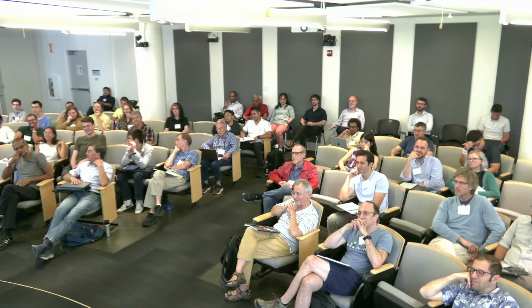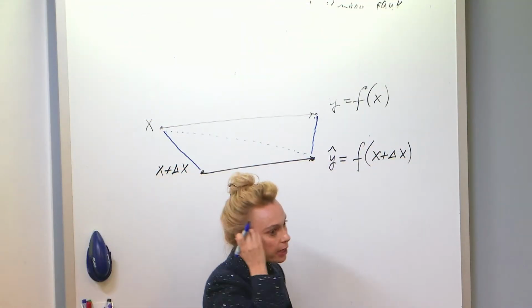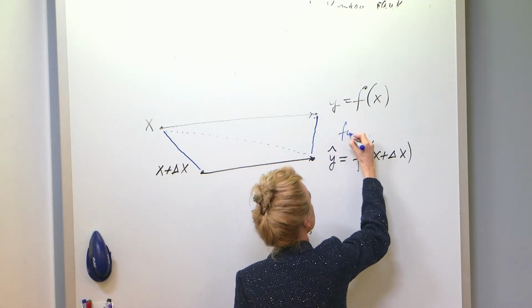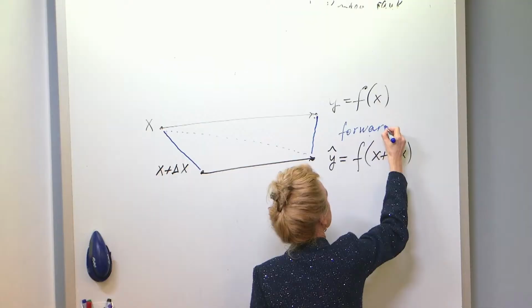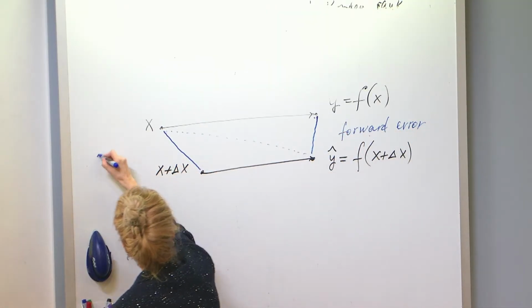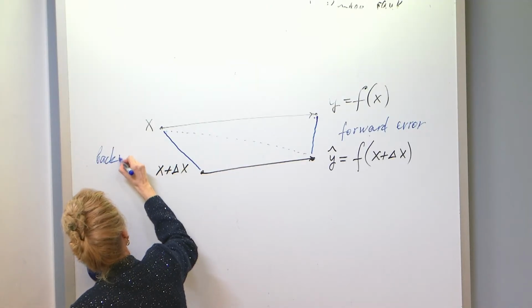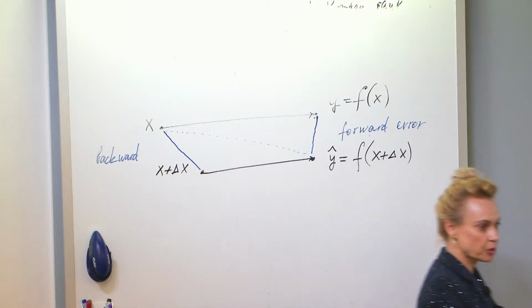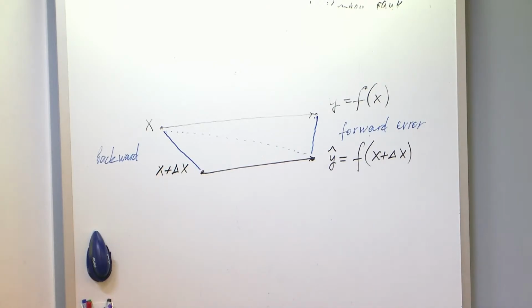On the right is your forward error. The difference between y and y hat is on the right side of this diagram. So here you go forward. Forward error is located here, and backward error is located here. For specialists, there is another kind of error you might throw in. So what would that be?